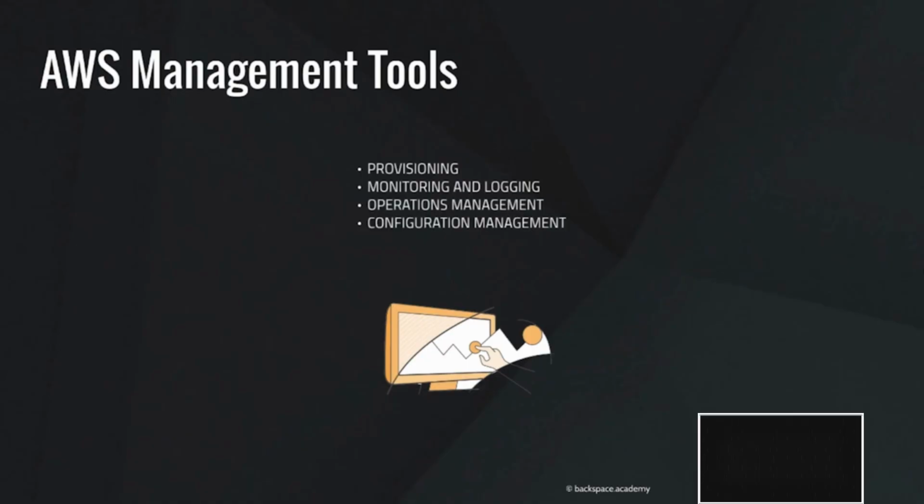In this lecture, we'll have a look at the different management services on AWS. We'll then finish up with a hands-on lab where we'll use the CloudWatch service to implement a billing alert on our account. CloudFormation allows you to use a text file to define your infrastructure and to use this text file to deploy resources on the AWS cloud.